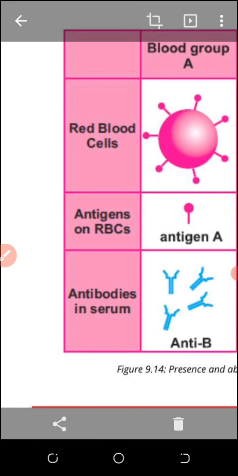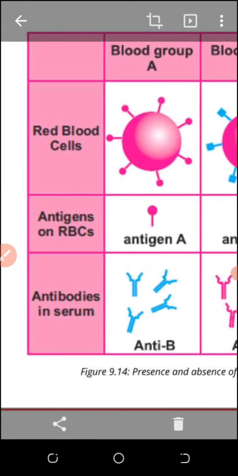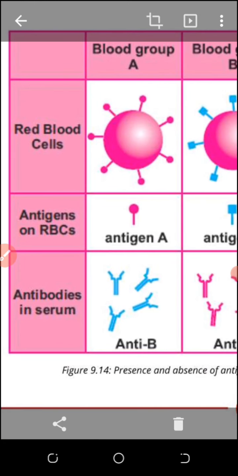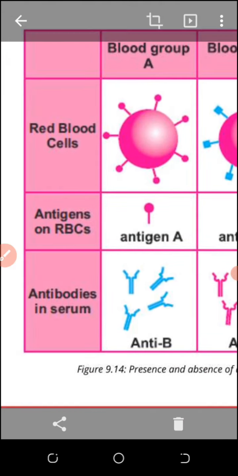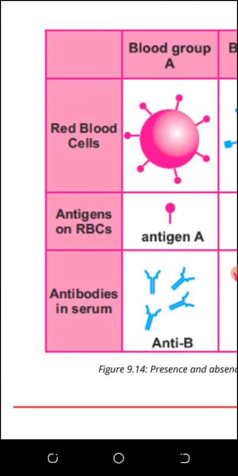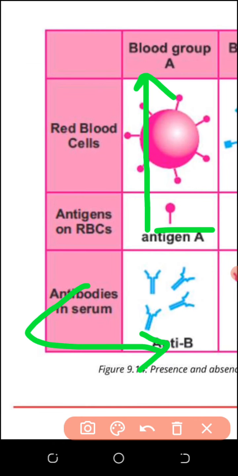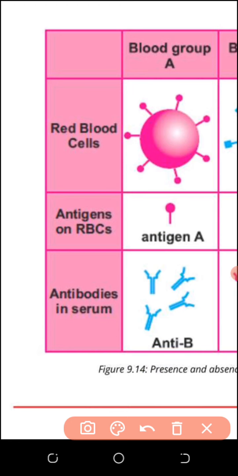You must hear the first year lecture also. I explained the blood groups in detail in that lecture, but I will explain in your class according to your syllabus. Okay. Antibodies are also proteins. Antigens are also proteins. These are the 2 proteins. Antibody is present in serum. What is the serum? The liquid part of the blood is called plasma, and when you subtract the fibrinogen, which is a blood clotting protein, plasma minus fibrinogen equals serum.